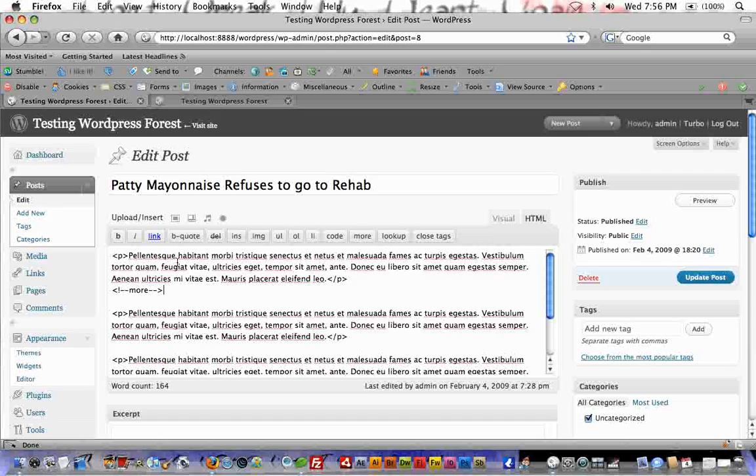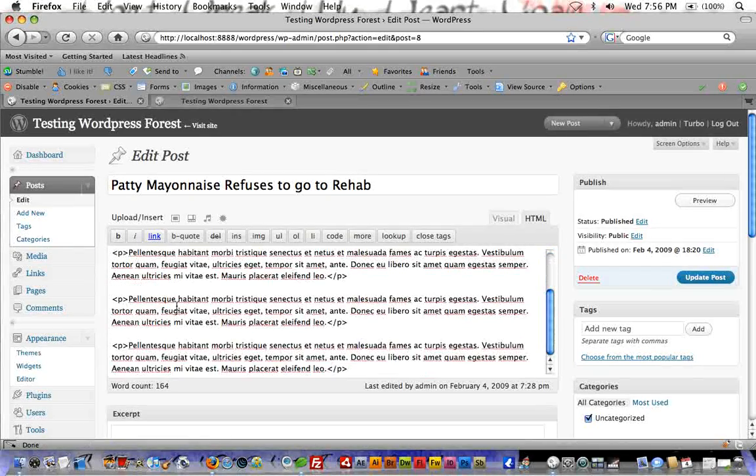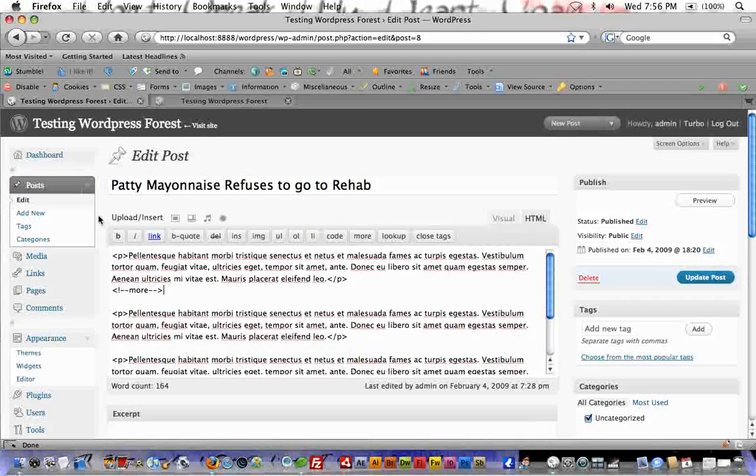So I generally just like to do a paragraph introduction, then use the HTML comment with more in between, and WordPress will automatically add the read more link, which we'll get into when we're working with the loop here. So go ahead and add some filler content. Doesn't need to be much, just something that we can